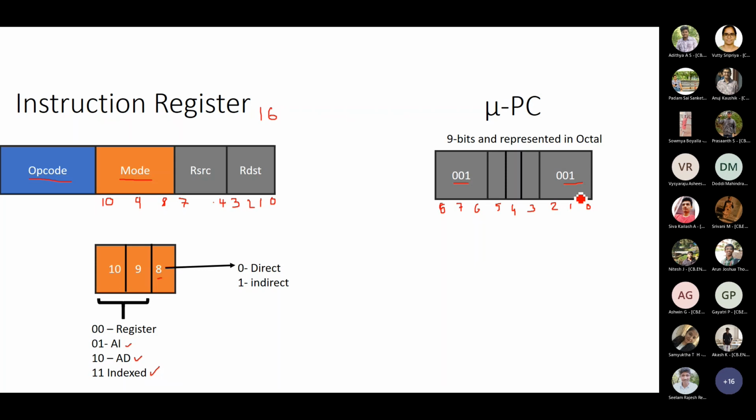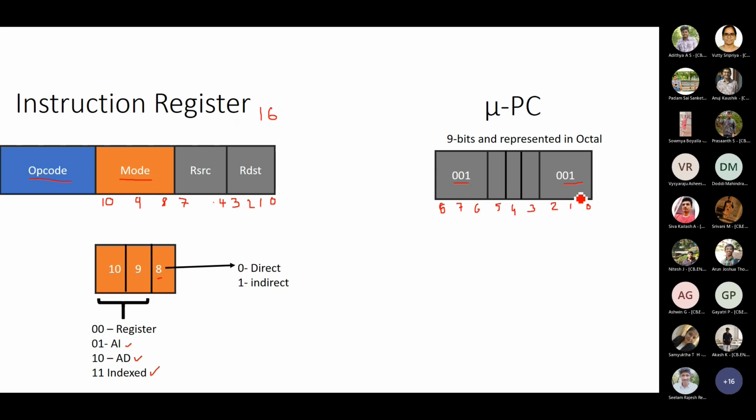Suppose you are going to execute an add instruction and later on a multiply instruction, you need not replicate those 3 everywhere. If it is common, you write it commonly somewhere so that the instruction execution starts from there. Then after completing the execution of those first 3 instructions, you can check. If it is add, you can jump to some other location. If it is subtract, you can jump to some other location and so on. So the first 3 micro instructions are common no matter what instruction you are going to execute.